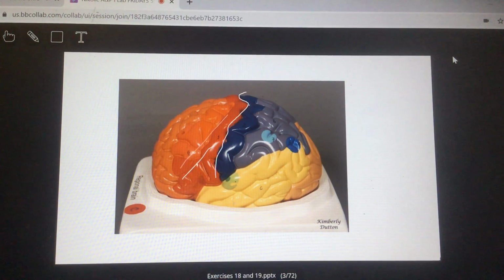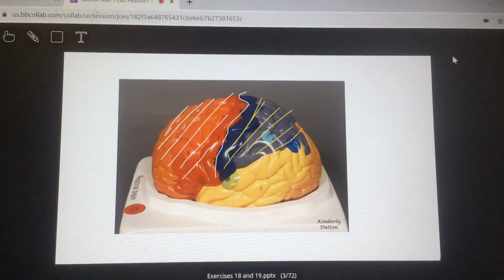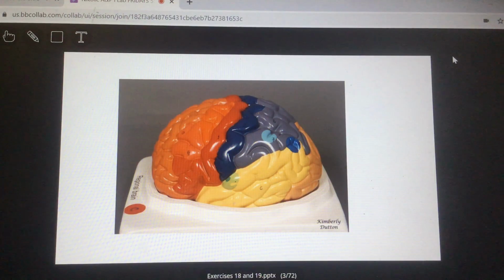Now, if you're wondering, this is all the frontal lobe, okay? Yay. And if you're wondering, well, this is all the parietal lobe. Awesome, right? We might as well fill out the rest of these. The yellow is going to be the temporal lobe, and the orange is going to be the occipital lobe. Okay, so there's 4 of your lobes right there. Now, should not shock anyone because they are all associated with the cranium or the bones of the cranium, so you should know that. Well, what you don't know is that central sulcus, and that central sulcus goes right down the middle. What you have in front of that